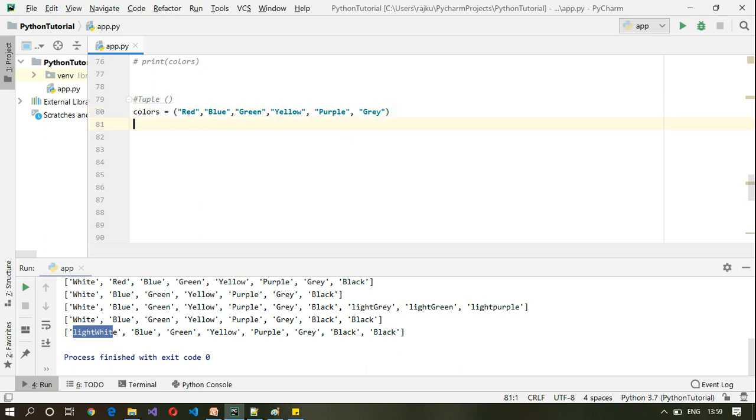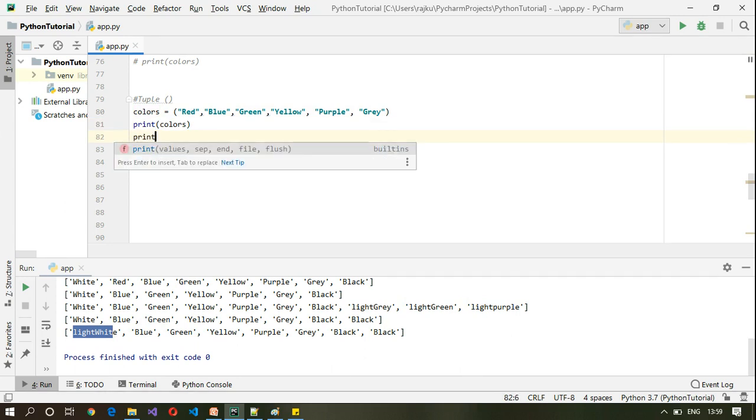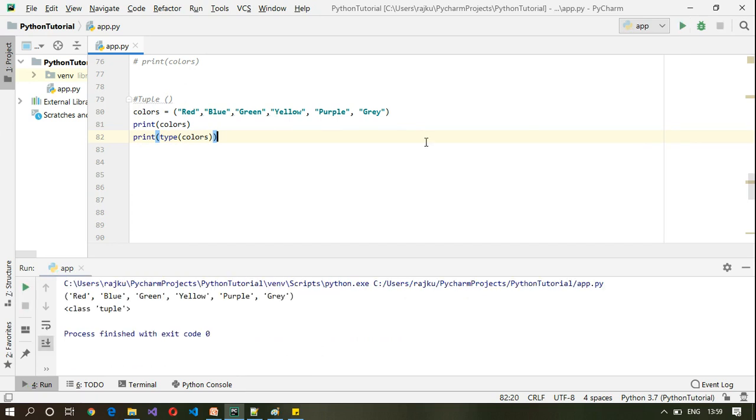So let us print colors here and print type of colors. Let me execute this. As you can see, this is of type tuple.